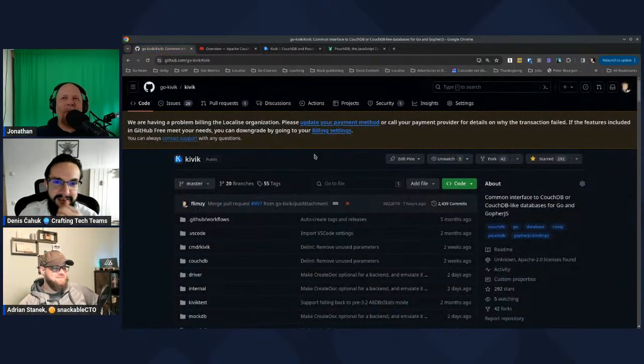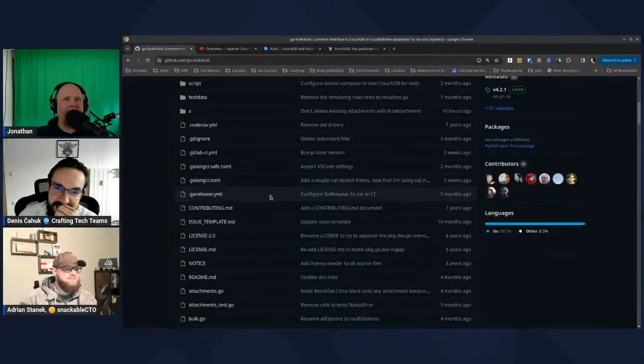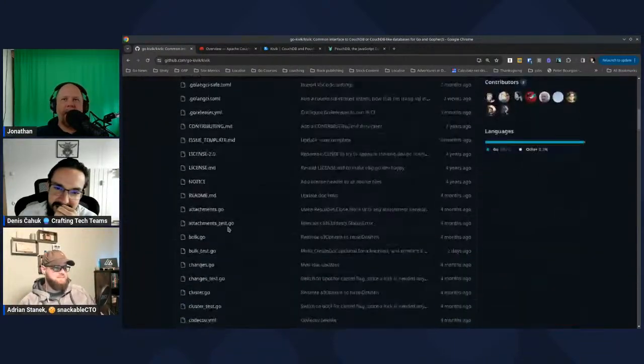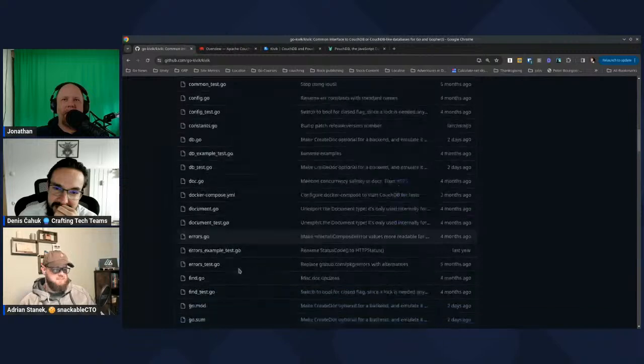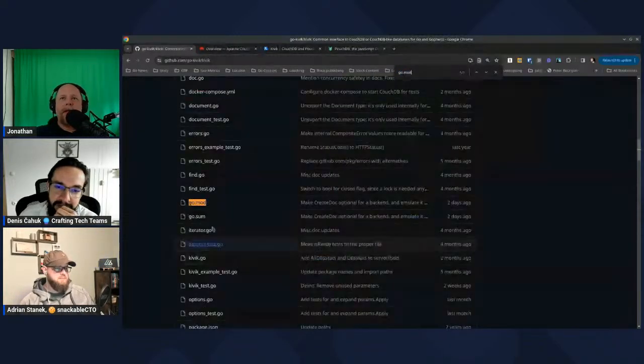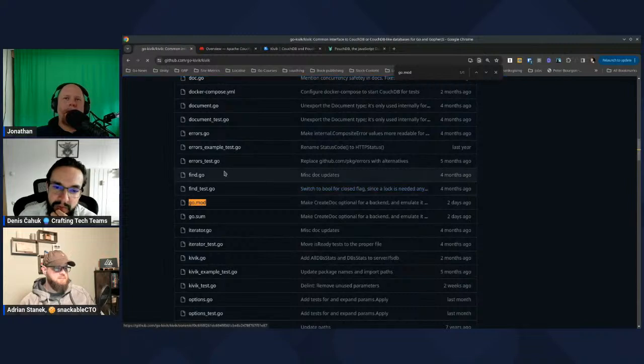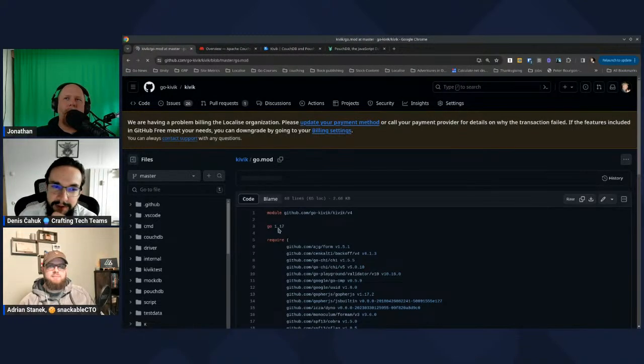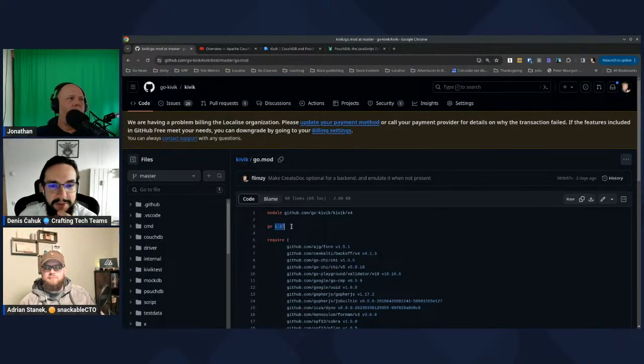Which is also why, we haven't talked about this today, but I talked about it on previous live streams, I still support an ancient version of Go. I see. So I've adapted to the requirements of Gopher.js. Exactly. So I have set the minimum version to Go 1.17. Go 1.22 just came out a few weeks ago. Okay. So I'm 5 major versions behind.